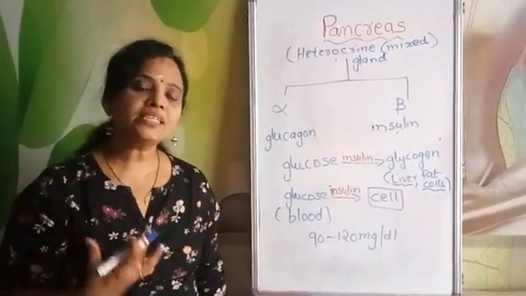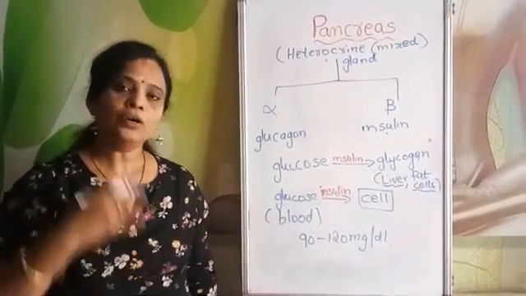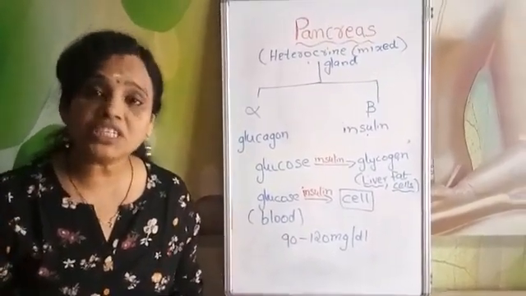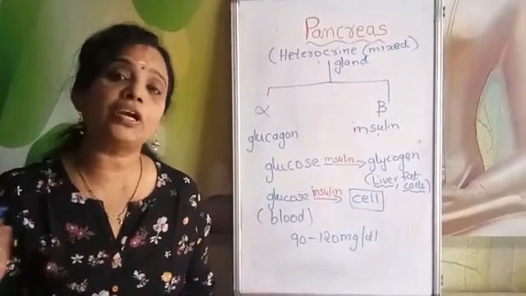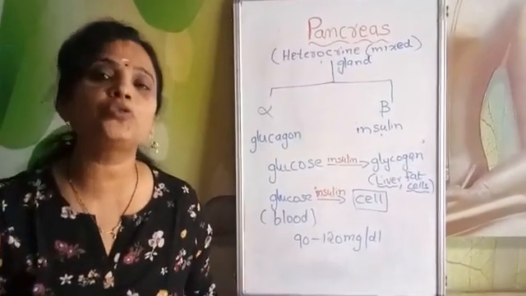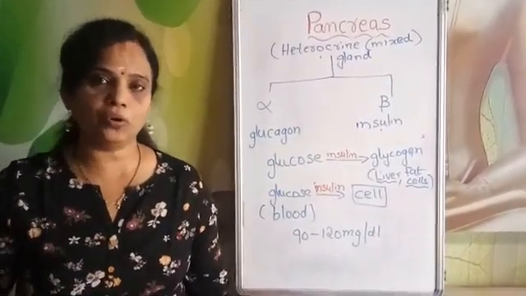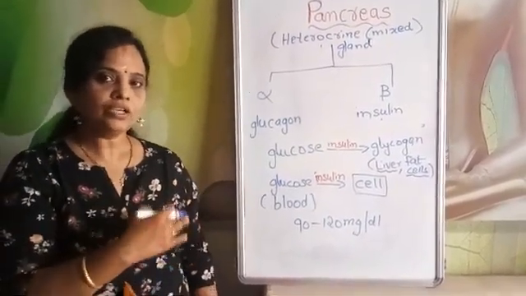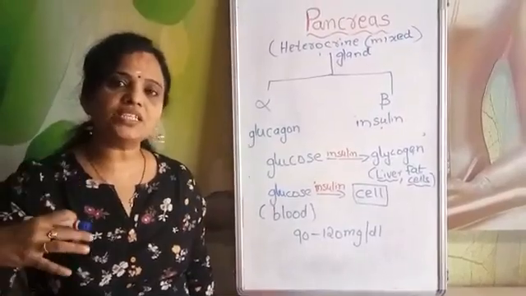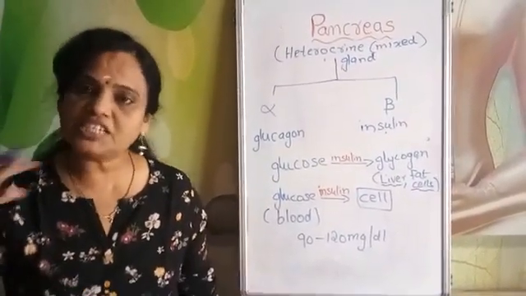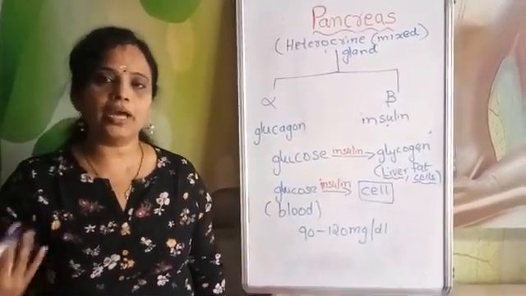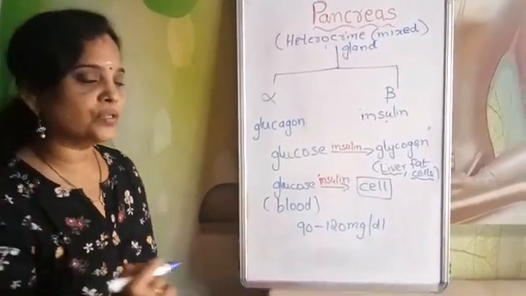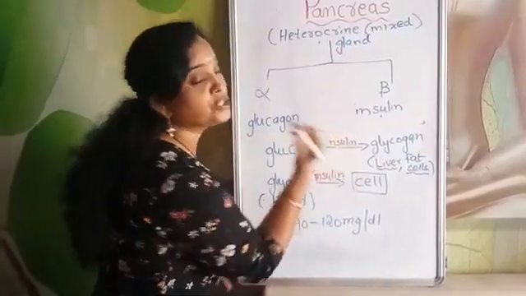So whenever you have excess glucose, it gets converted into glycogen, so that we can use it when we require it, when we don't have proper sugar in the blood. The stored glucose, glycogen, gets converted back. That we will learn again. So the storage of excess glucose will not go to waste. It will get converted into glycogen and get stored for future use. For that also you require insulin.